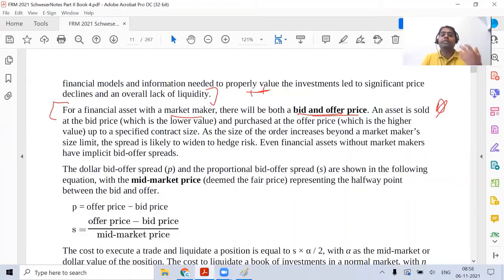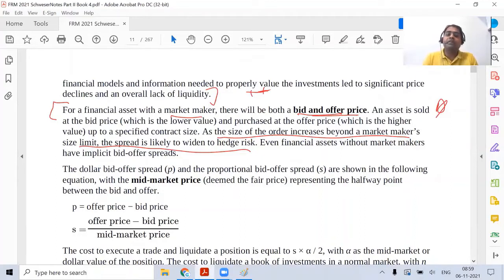Why? Because suppose you're selling a huge quantity of the asset, then in that case a market maker will not give you a bid rate of $10. He might give you a much lower rate, $9, $7, because he faces a huge amount of risk. Okay, so the size of the order also impacts the spread and also impacts the bid offer price. Right? If there is a bigger order, the spread will increase. That has been given over here. Underline market.